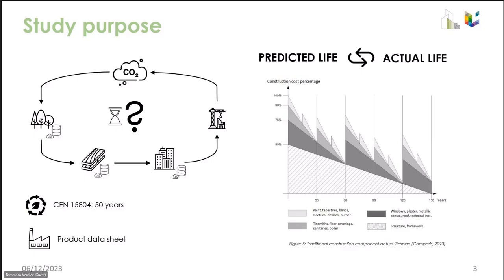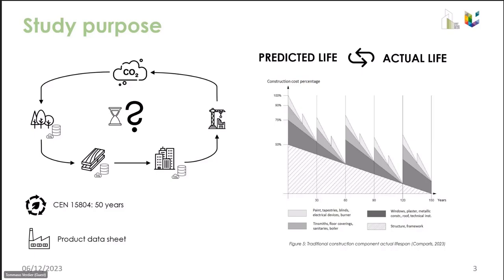According to the standards, we should consider 50 years for buildings, while for the components themselves there is no standard, but we can rely on manufacturer data, such as product data sheets. However, there's a huge difference between the predicted life, the theoretical value provided by manufacturers, and the actual life that a component can last, as was highlighted by Compari in 2023, where he investigated the actual service life of a set of components for traditional